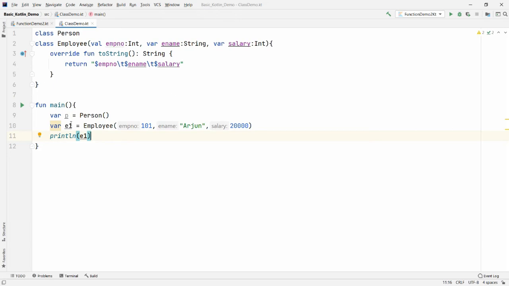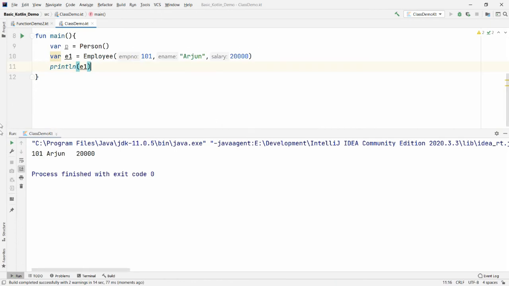Whenever you print an object, that is e1, the toString method will be called automatically and whatever you have supplied will be printed over here. So you can simply click on run class demo.kotlin file, and whenever you run this, you will get the output, that is 101 Arjun 20,000. See here, I am getting the value, that is 101 Arjun 20,000.